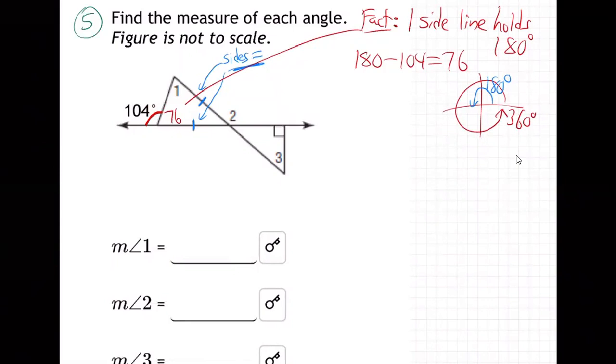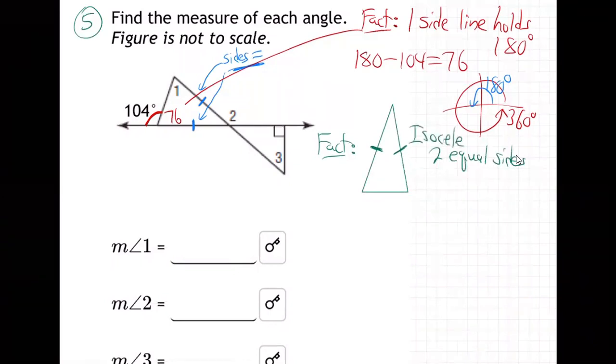What I think is going to help us is to realize another fact. If you have a triangle, let me draw a little triangle, like that. If you have a triangle like that, and these two sides are equal, what kind of triangle is that called? Anybody remember the name of a triangle with two equal sides like that? It's okay, you don't have to memorize these. You can use them. It's called isosceles. You can use your notes on the exam. Isosceles triangle, two equal sides. Well, do you know what that means? That also means two equal angles